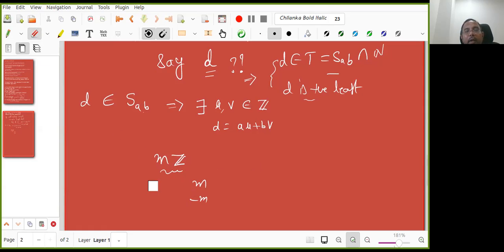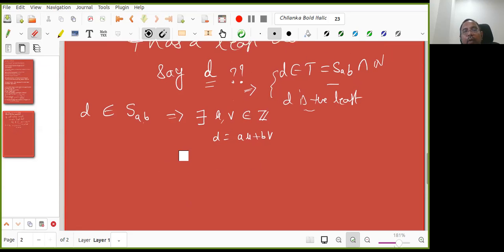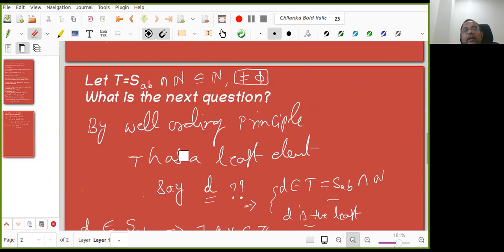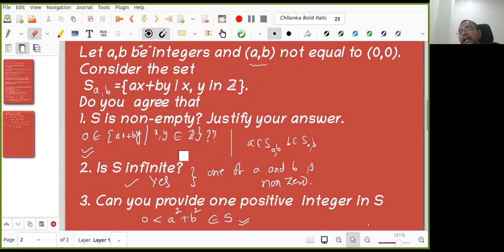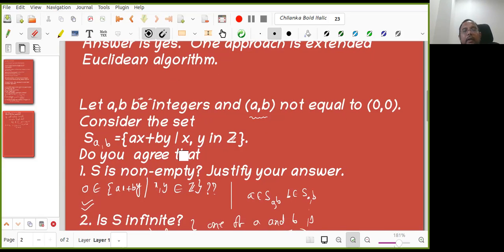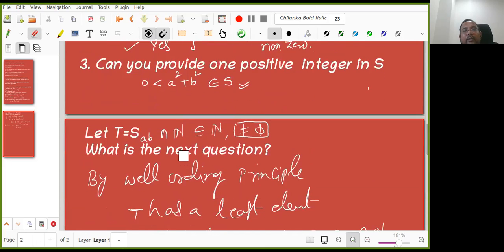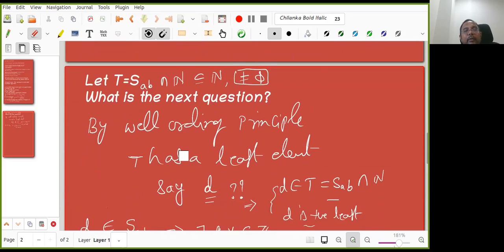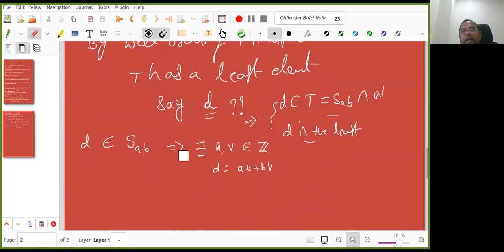So finally, after completion of this entire proof, only in the proof am I bringing intersection N and all. After that I do not worry about it. I simply say SAB contains positive integers. Out of those positive integers, there is a least element. That is my crux. That is the entire picture. So first time we are doing this, I introduced an intersection N and proved everything. Is it clear, Amaya, now? Yes, sir. Okay.